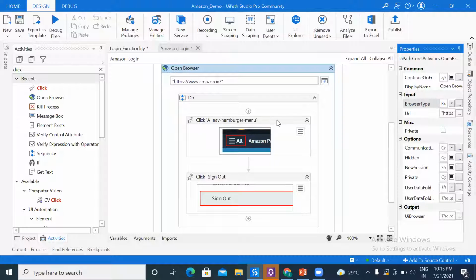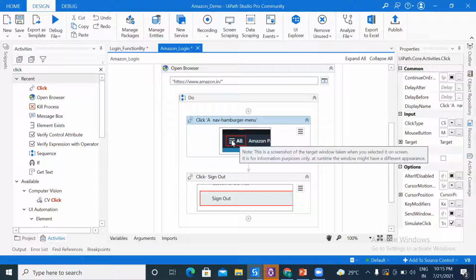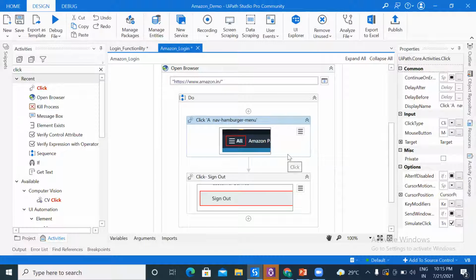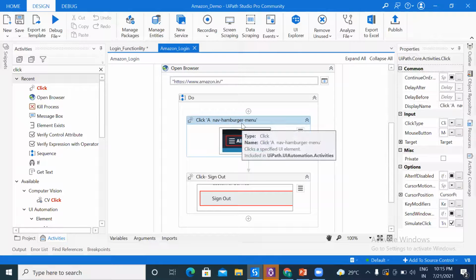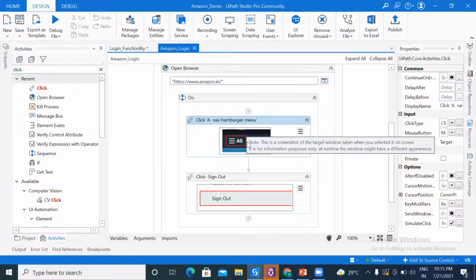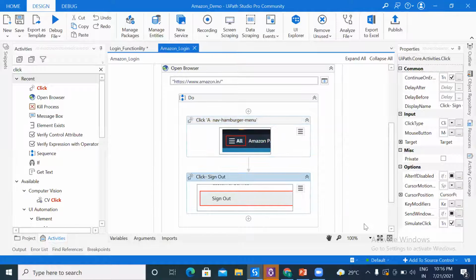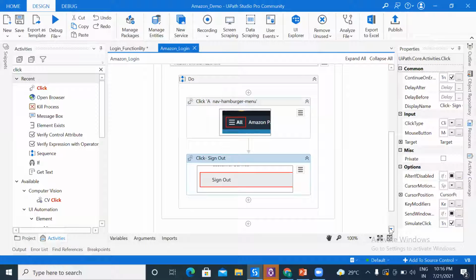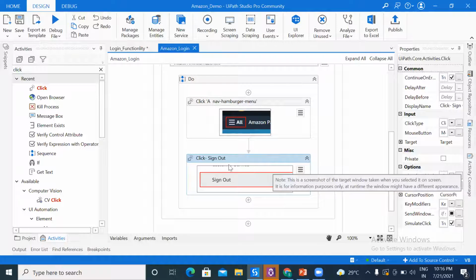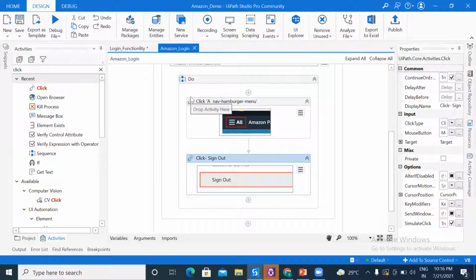Then what I have done, I wanted to click on that particular button. So I need to click on that button. So I'm giving the information to my robot to go there and click. That's the reason I'm using the click activity. Then for sign out, I have to click on sign out, so I will be using the click activity, and I'm going to train my robot, telling the robot that you need to click on that particular sign out. So let's run this robot and see the output,